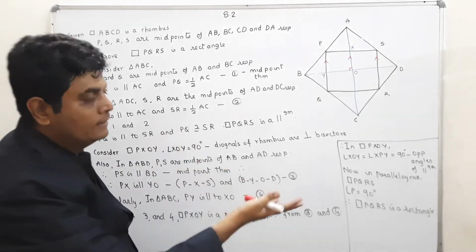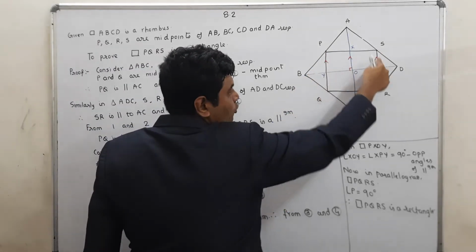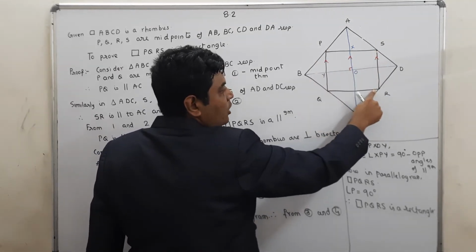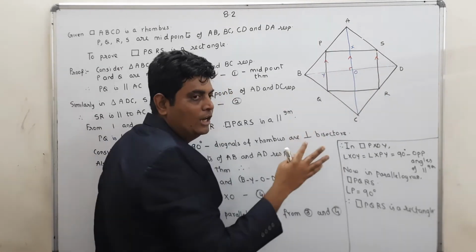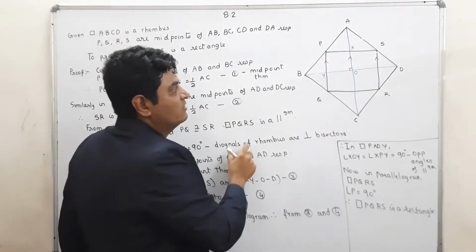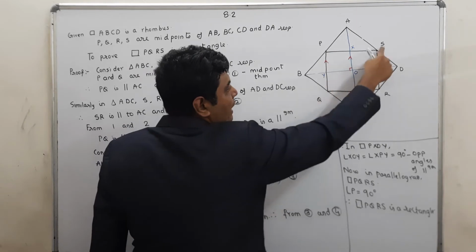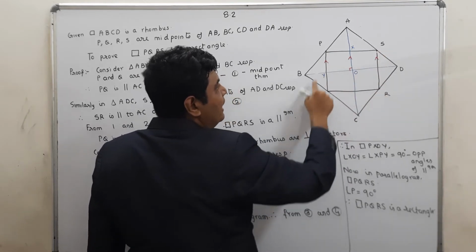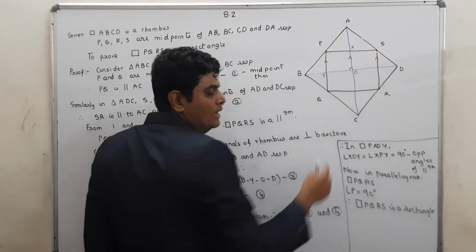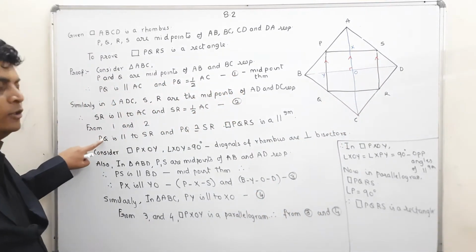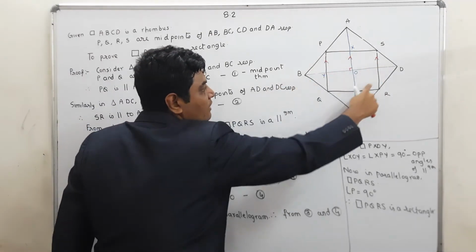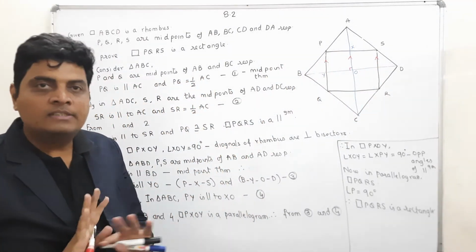See, you can do it by this. You have proved this is parallel to this. You can write similarly, PS is parallel to QR and therefore PQRS is a parallelogram. Opposite sides are parallel. You can use that method also. Okay, so you can just write similarly. Once you write PQ is parallel to SR, then you say similarly we can prove PS is parallel to QR. Therefore, opposite sides are parallel, so it is a parallelogram. Or you can use this method also. One and the same. So now I have proved PQRS is a parallelogram. So my first step is done.